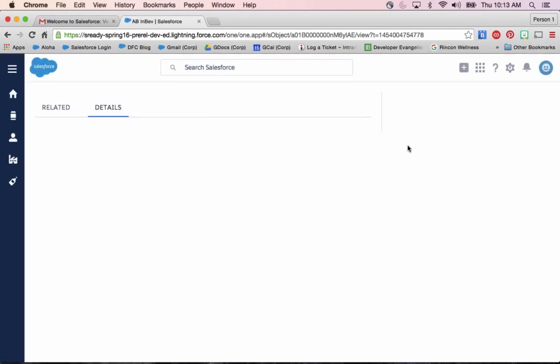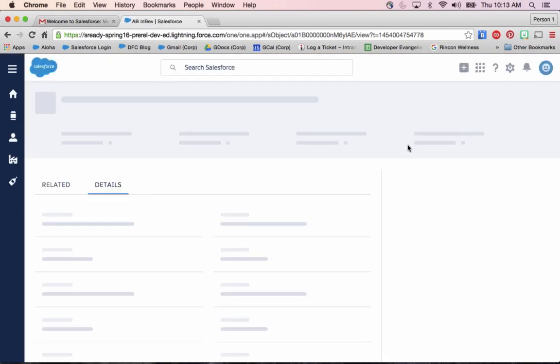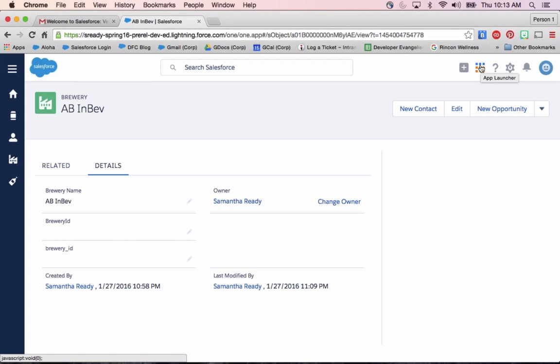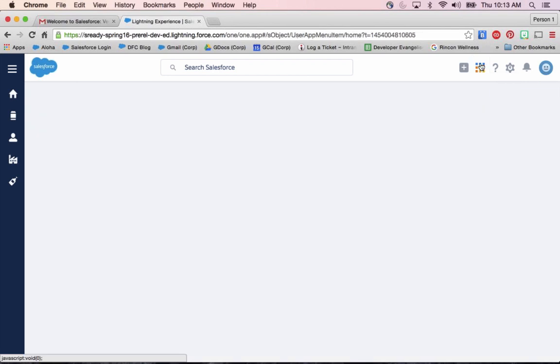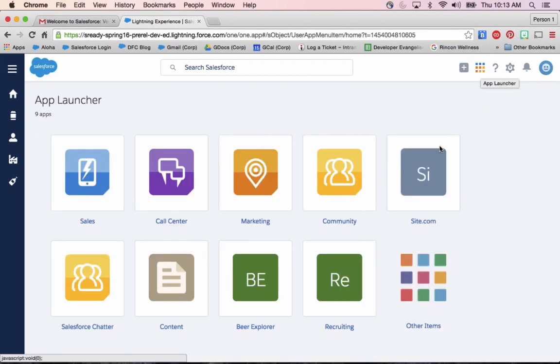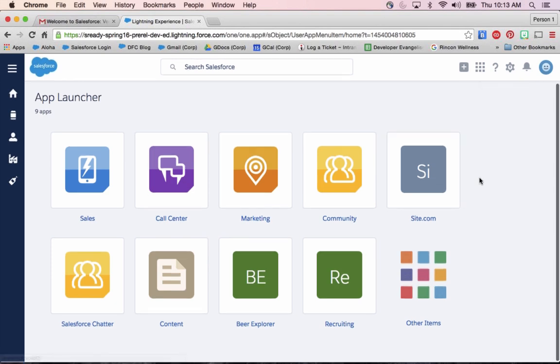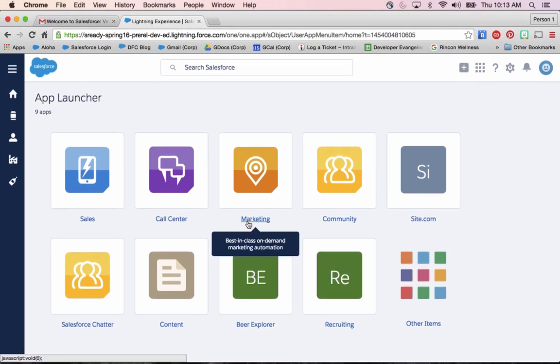Now I'm going to leave this page really quick and show you, we just were looking at App Builder, let's take a look at App Launcher. So if I click this little tic-tac-toe board up here on the right, it's going to take me to my app launcher. And that's going to show me all of the different custom apps that I have available, whether they're connected apps, apps that you built declaratively, or maybe even web apps.